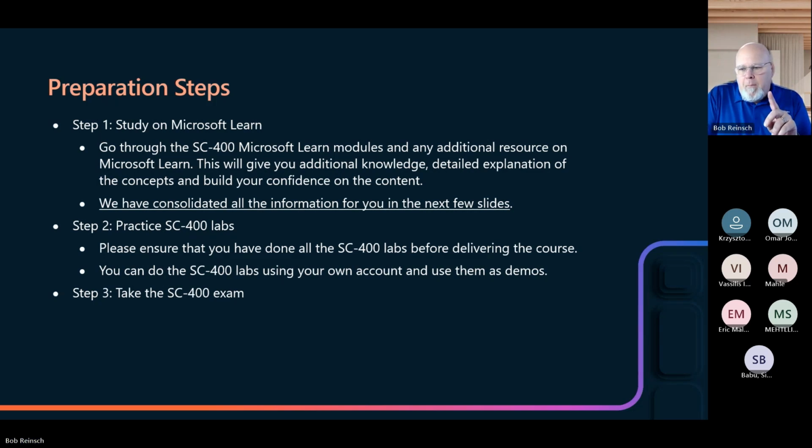Another part about this that I would mention: I showed you the location for the applied skills exercises that you can go through. If you have a chance to take the course, you absolutely 100% need to go through all of the labs. That's where you're going to get the hands-on. Now, if you don't have the capability of getting into the labs, I mentioned the applied skills workshops that are out there. You can also go through